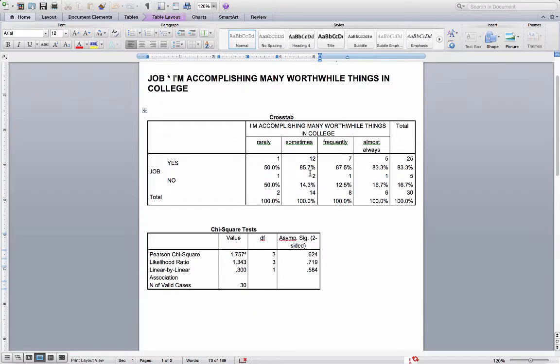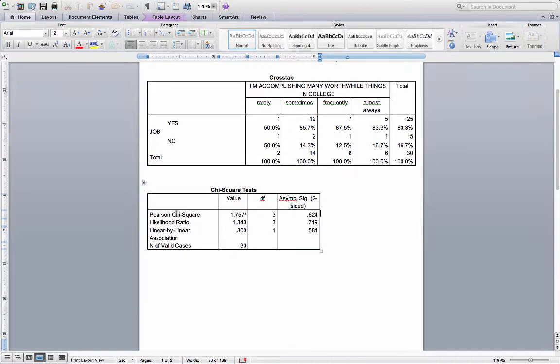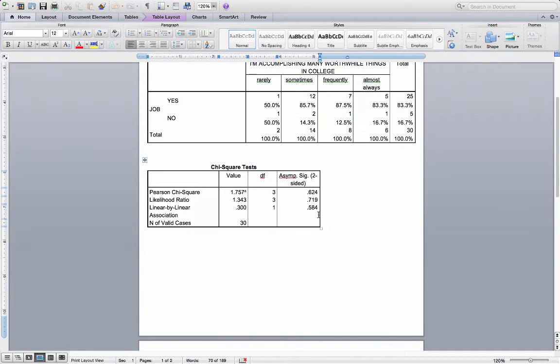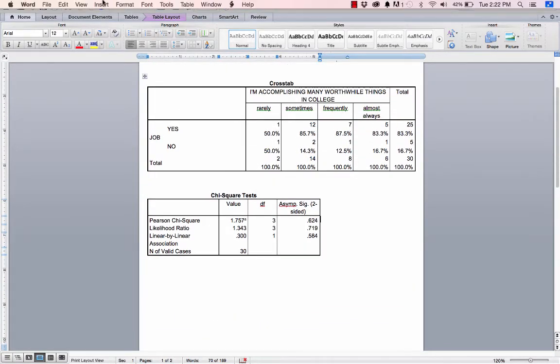Okay, and then the next box down is your Pearson Chi-Squared. Here is the value right here that you'll be reporting. Now it's 1.757, which we round up to 1.76. The DF is 3, and the significance, which the sig is the significance, is 0.624, which would make it non-significant. Okay? So if I move to the write-up,